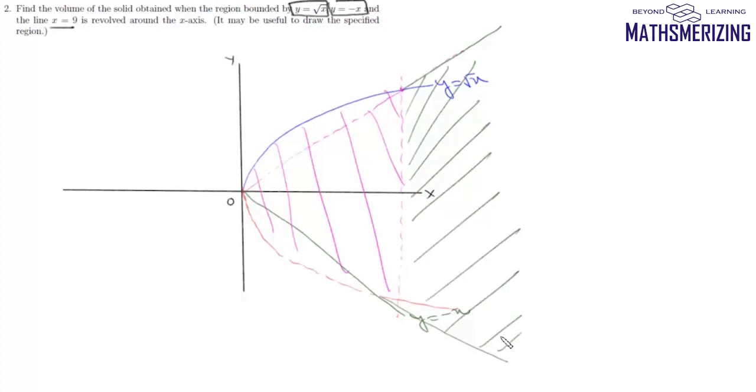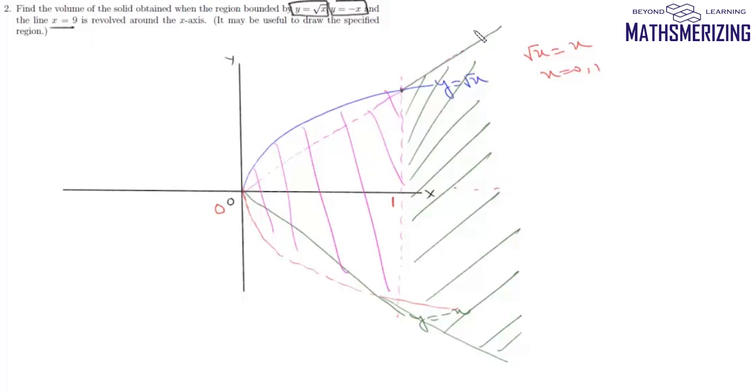So this is our solid of revolution. First thing, we'll need to find this point of intersection. So this is y equals root x and this is y equals x. So here there'll be 2 points of intersection, 0 and 1. So this point is basically x equals 1. We need to find the volume of this revolution from 0 to x equals 9.